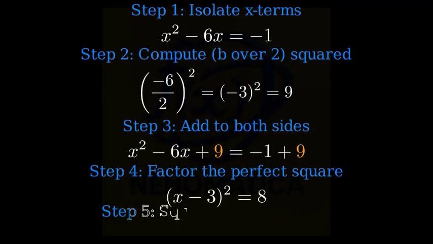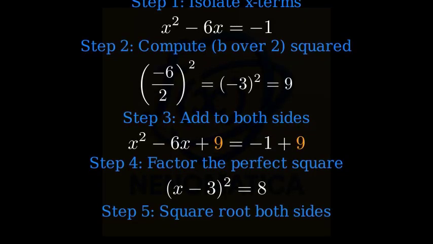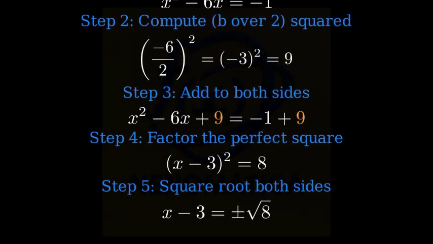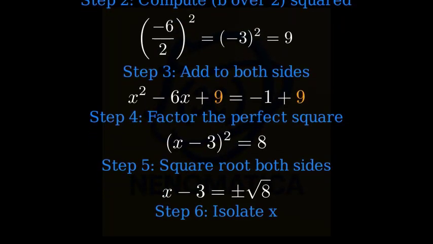Step 5. Use the square root property. Take the square root of both sides, and remember the plus or minus. Step 6. Solve for x by adding 3 to both sides. For an intuitive picture,